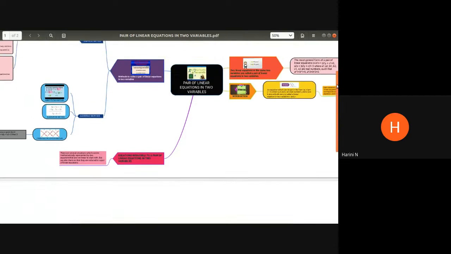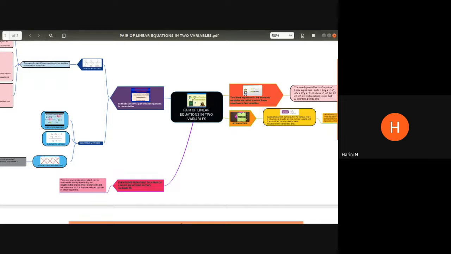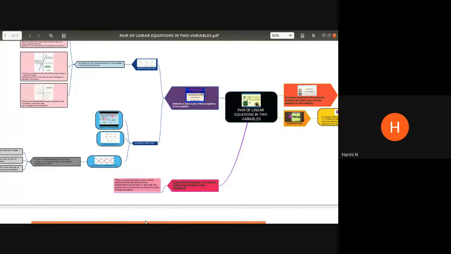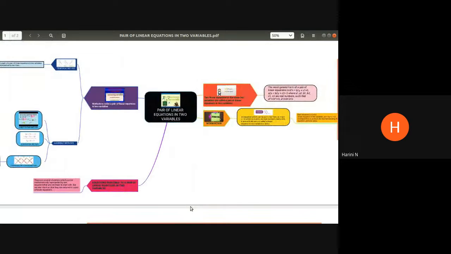I think I can show you the entire map again. This is how it looks. This is again not a map that I have created. It is created by my student last year. See how extensively they could create the concept map, connecting the knowledge they had in class 9 to what is the new thing that you're going to learn in class 10. So I am expecting you also to create concept maps like this, because it gives a lot of understanding about the concepts and how they are linked, so that we have a complete understanding of all the concepts covered in the chapter. All right.